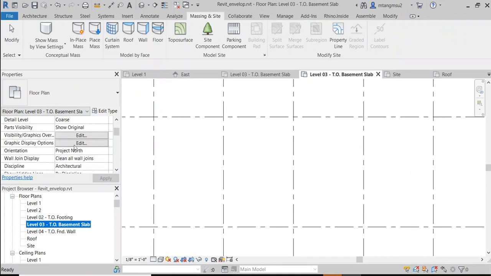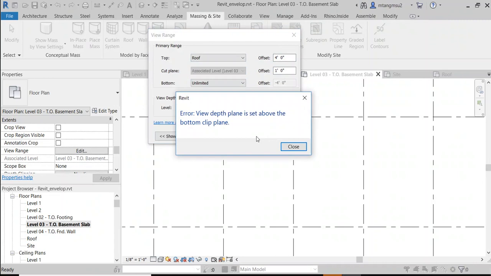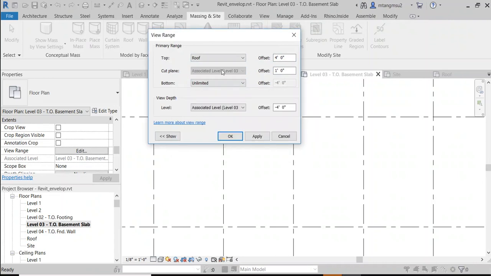There are many ways you can do it. Let's use the view range first. Where is the view range? Here we go. Right. So the view range right now is associated with level 3, but I could make the top 40, or maybe just make it as roof. Okay. Bottom, I use unlimited. Oh, you can do that. Interesting. Well,